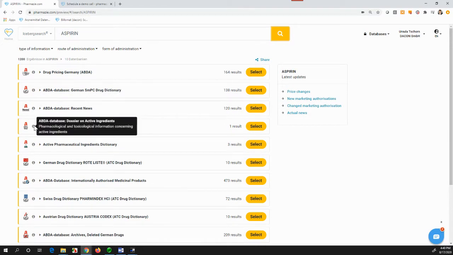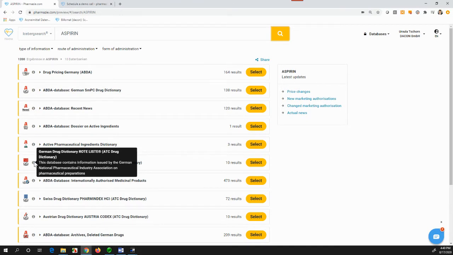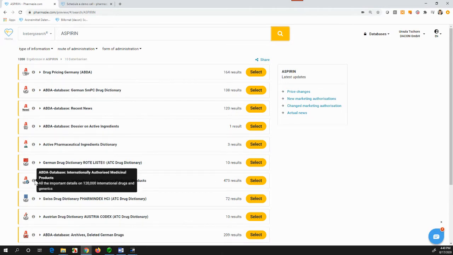We have a dossier on active ingredients, which also includes pharmacological and toxicological information concerning the active ingredients, the pharmaceutical ingredients dictionary, which is a list of worldwide used pharmaceutical substances in all countries, or our Rote Liste, which is a subset of the German drug dictionary, the internationally authorized medicinal products with more than 120,000 international drugs and